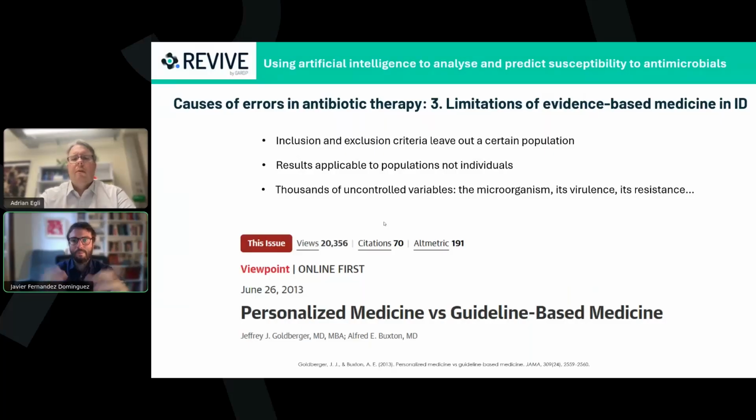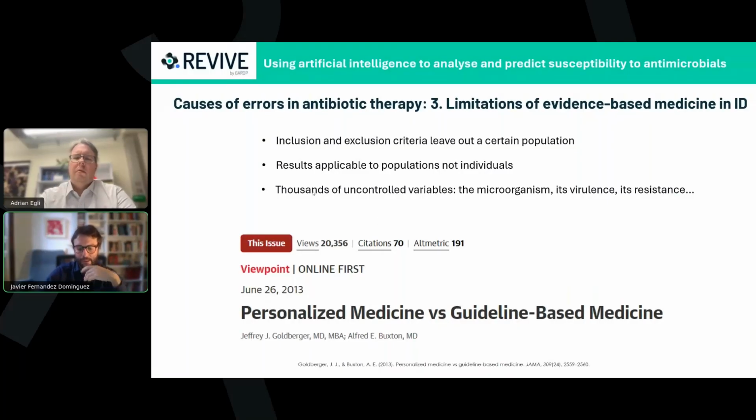Normally when we treat a disease we have the patient and the disease, but here we have also the microorganism, and we have thousands of potential pathogens with their virulence, resistance. So it's very difficult to have evidence for each situation, for each pathogen with each mechanism of resistance, etc. So this is another limitation and another thing that could make